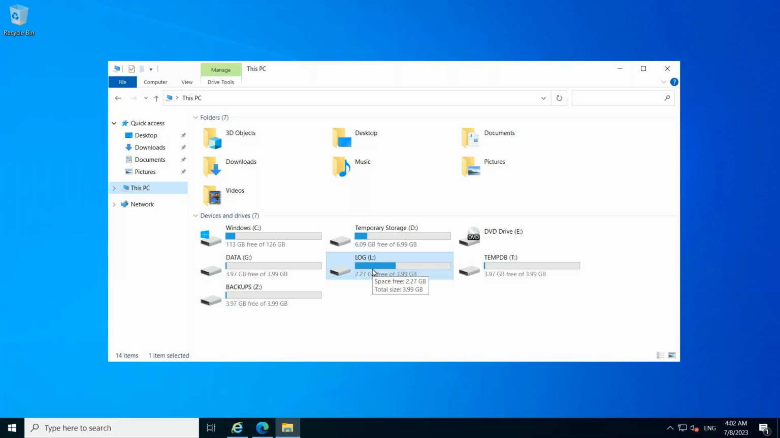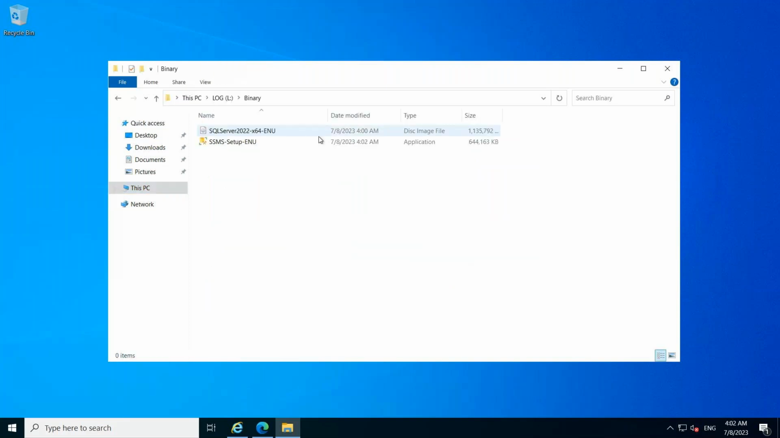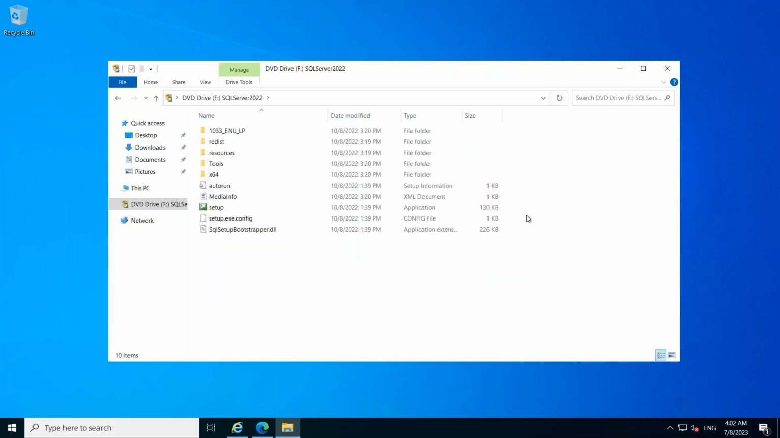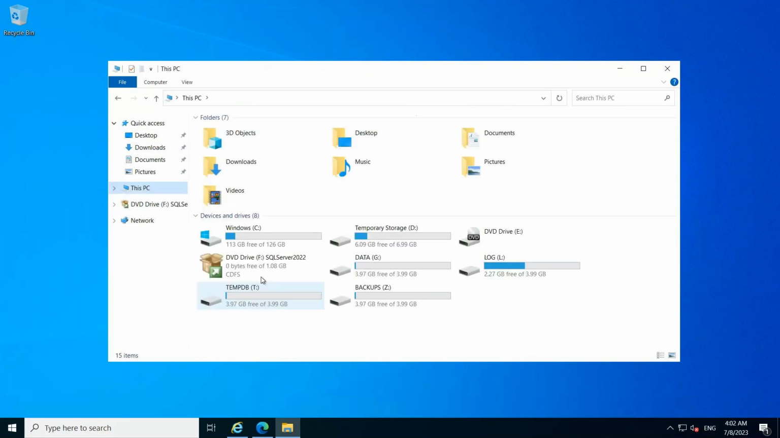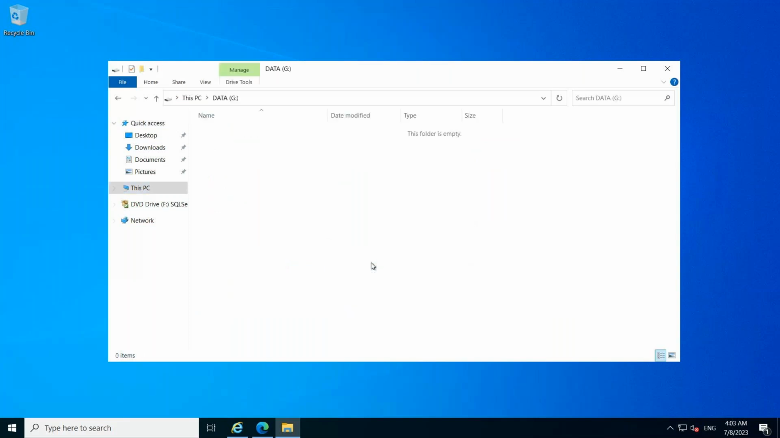Okay, now I copied the setup file. My setup file is also ready, sir. See, my setup file is also attached to the server. Data file, log file, tempdb, backups are also available. Now what I need to do is go to the disk and